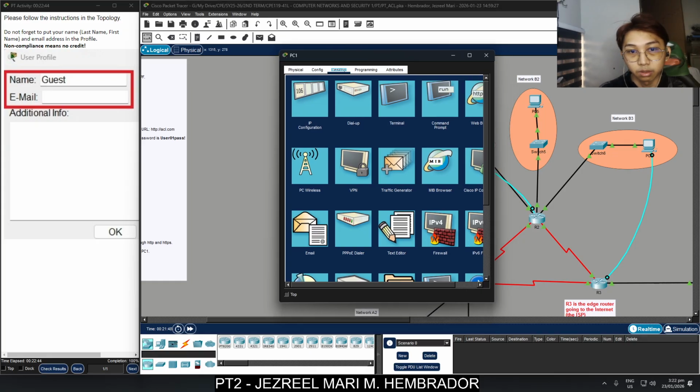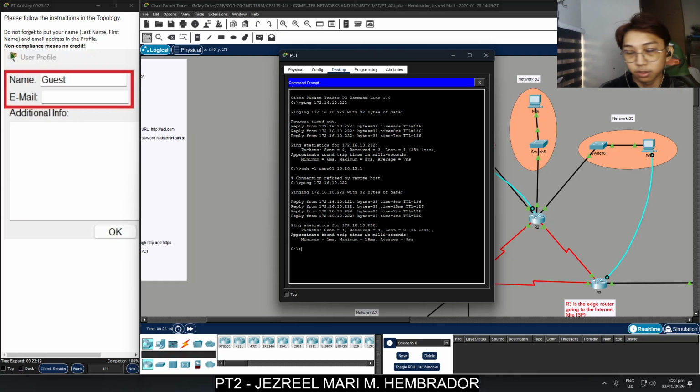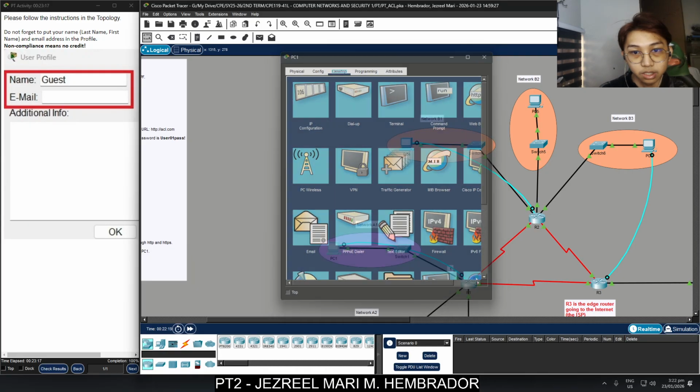So we're going to go to the command prompt and type ping 172.16.10.222, which is for R2. Ping is successful.